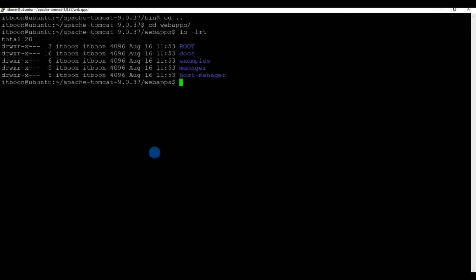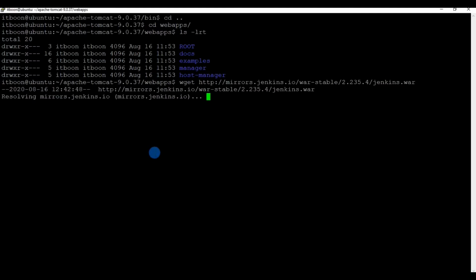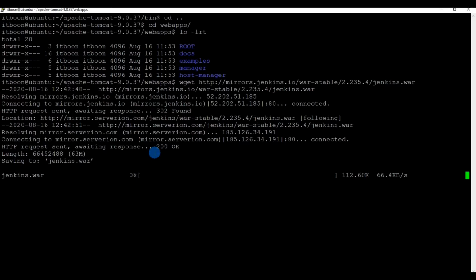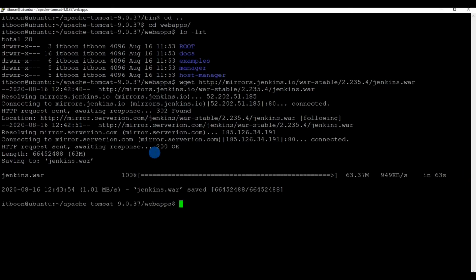So if you see here, we don't have the Jenkins application available. This is the deployment directory. Now I will directly download this WAR file into this directory. So it will download and deploy the jenkins.war file directly into Tomcat. Okay, download is completed. Do the listing again.